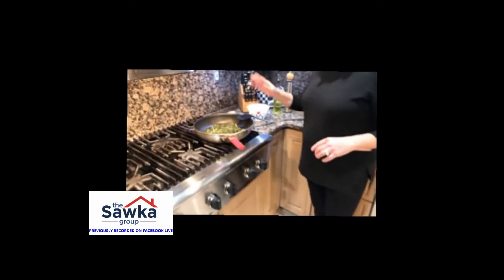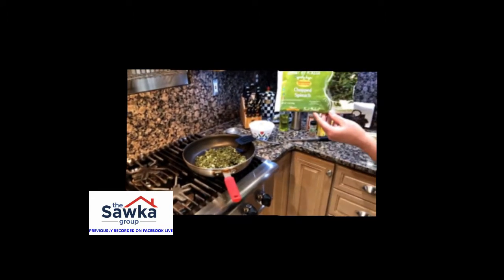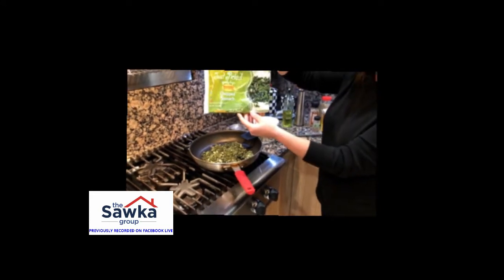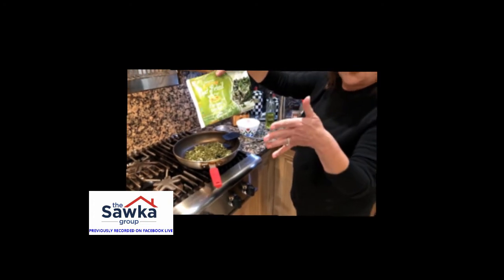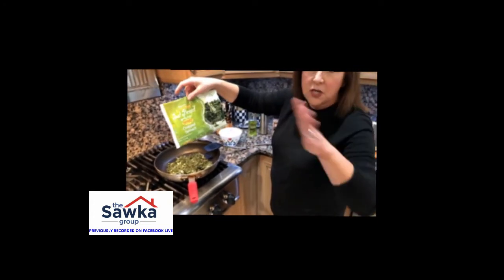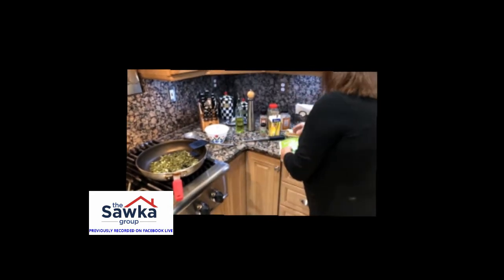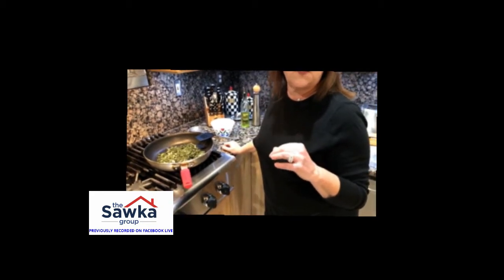What we did earlier today is we used 4 of these bags of chopped spinach. These were all pantry pulls for me. I don't expect everybody to have all this stuff in their house, but we do because we're crazy. We're half Greek, half Polish, and that's what happens. So we used 4 bags of this. We used butter, olive oil. I like to use the frozen spinach as opposed to...